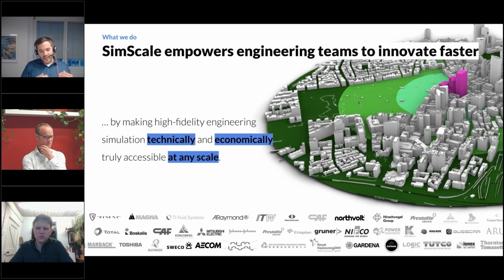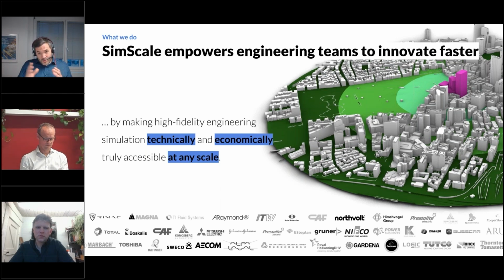But at the end of the day, it's about the innovation that this new type of simulation allows. And so in the Engineering Leaders series, we try to really give the stage to SimScale users, SimScale customers that have been doing amazing engineering work, such as Joel and Sam today, and share a bit of their work to hopefully inspire others, to help others learn, and to really foster this engineering community around SimScale.